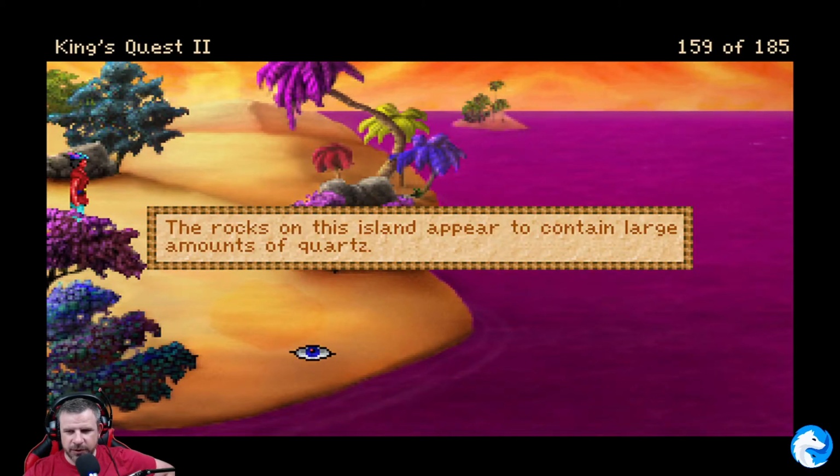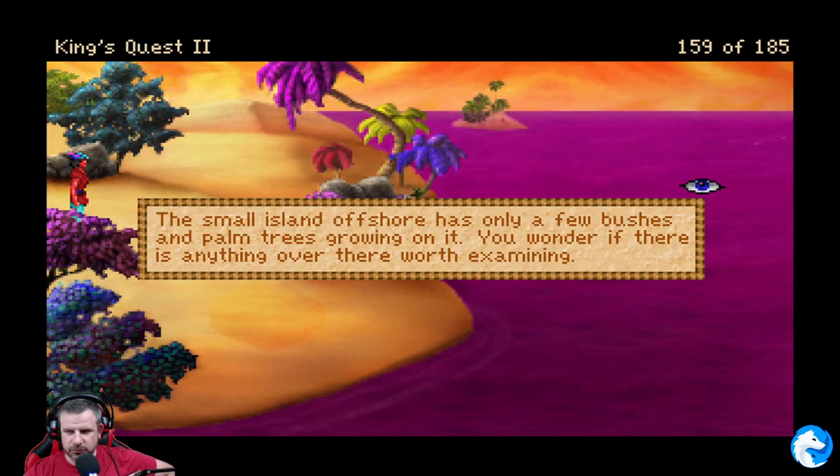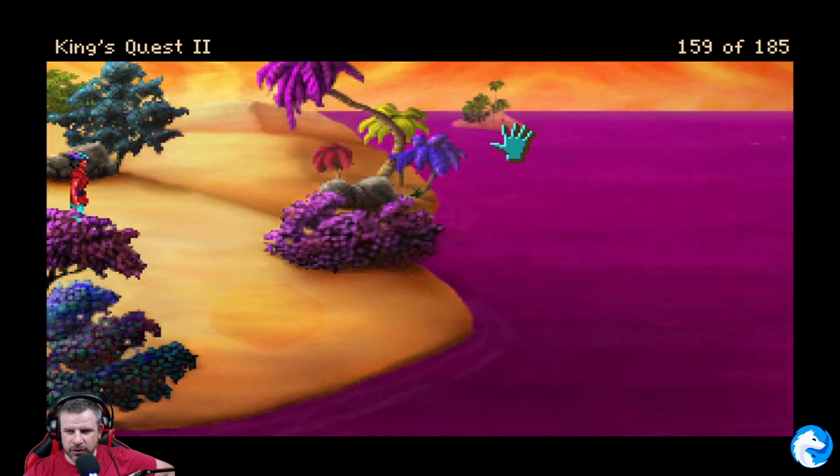The rocks on this island appear to contain large amounts of quartz. The small island offshore has only a few bushes and palm trees growing on it. You wonder if there's anything over there worth examining. Oh, you think? You cannot reach the island from...